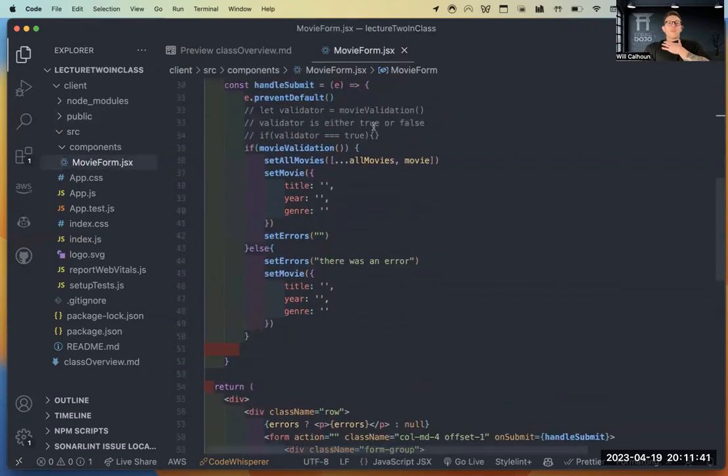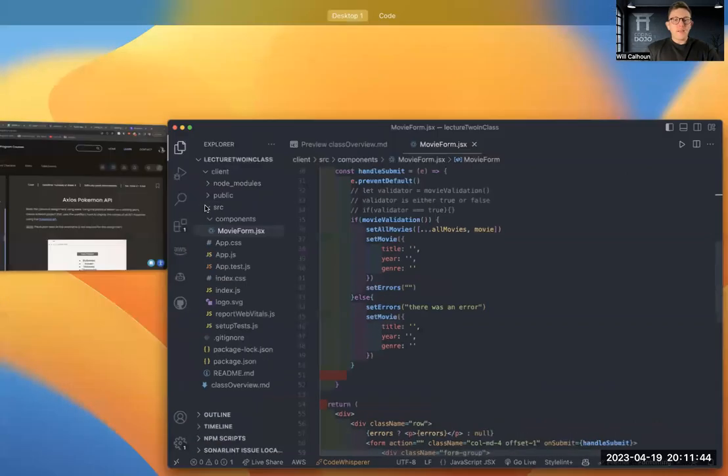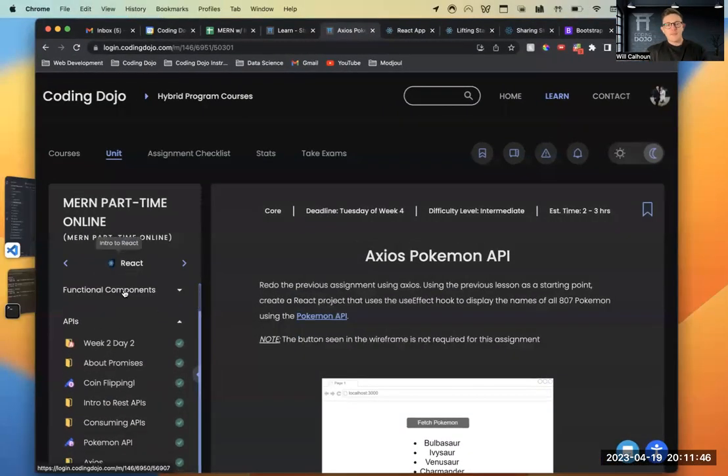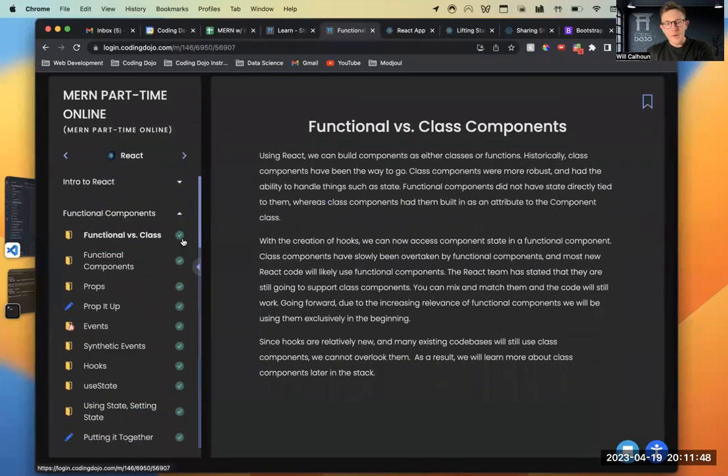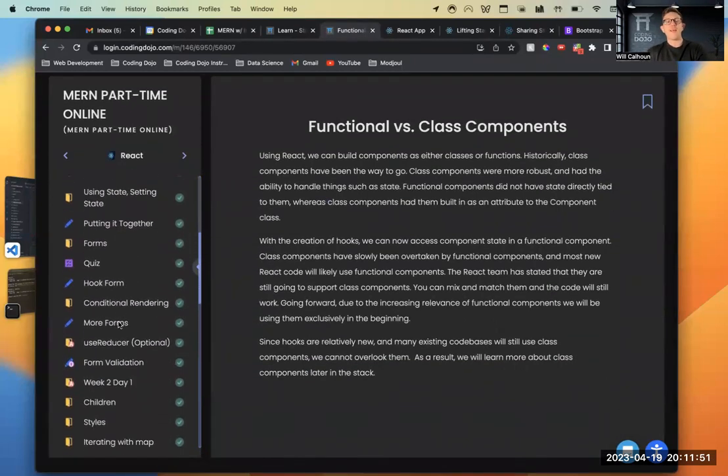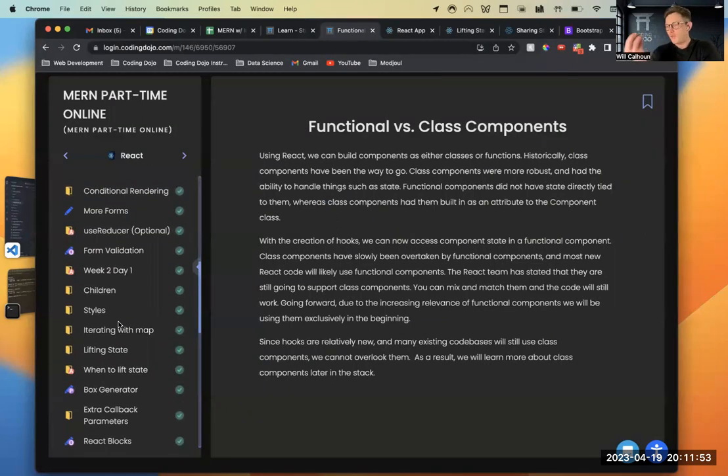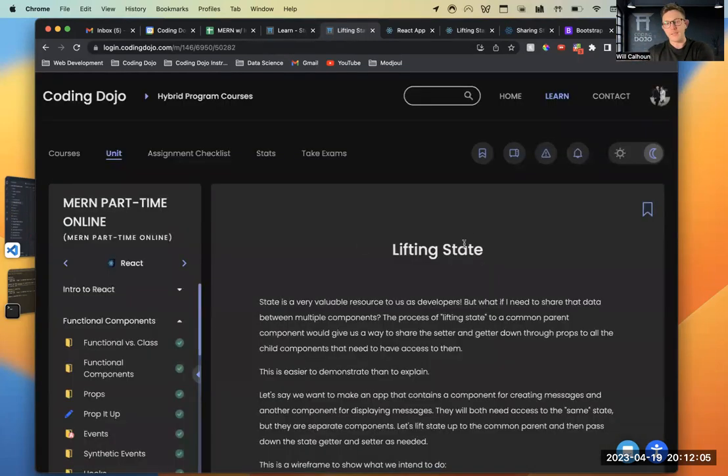Okay. So today we're talking about lifting state, and state is obviously something we are continuing to use. We're always going to use it. There are other ways to manage state other than how we're doing it, so I just want you to be aware of that. Using Redux is a really popular way. It's a tool to globally manage your state, because state is an important tool. It is a really, really important thing to keep track of what you're doing, how you're doing it, and where you're going from there.